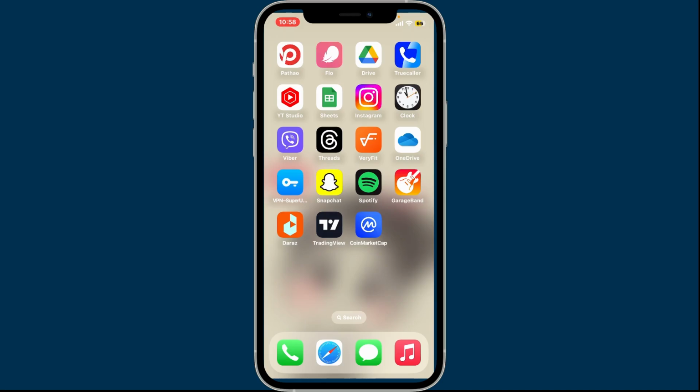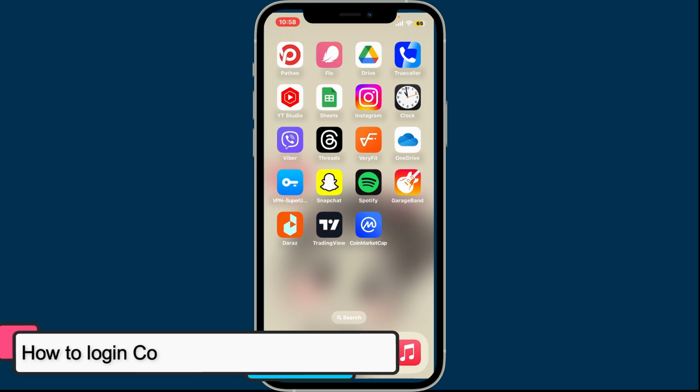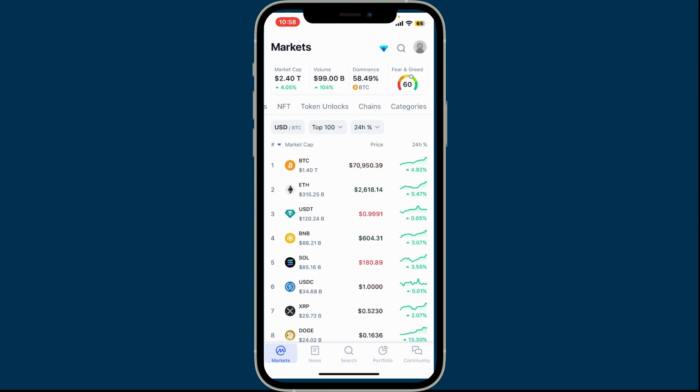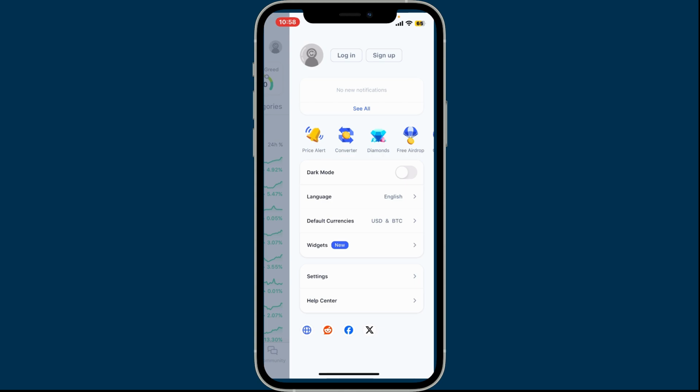In today's episode, we will be learning how to log into your CoinMarketCap application using your mobile device. To log into your CoinMarketCap account with your CoinMarketCap app, first of all, launch the CoinMarketCap application and from the home page, look for the profile icon at the top right-hand corner. After you tap on it, you will then be able to see the expanded menu where you'll need to tap